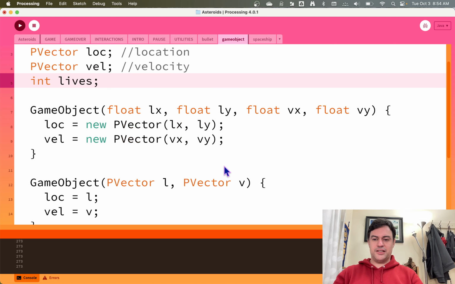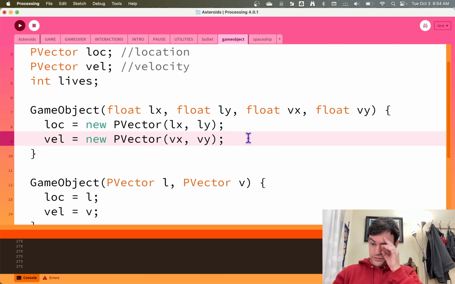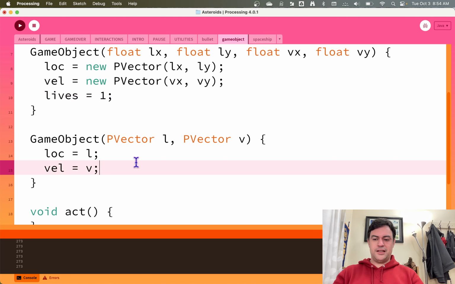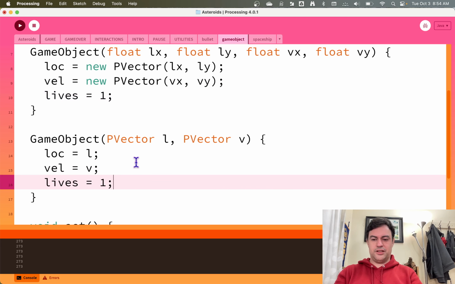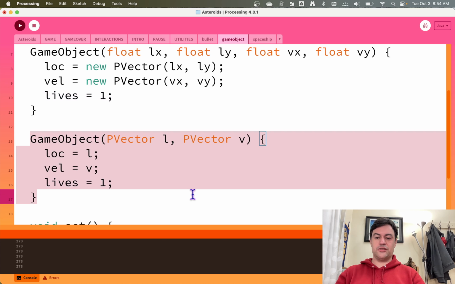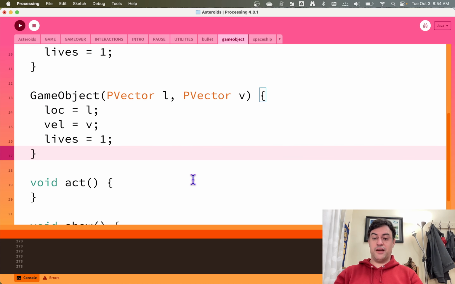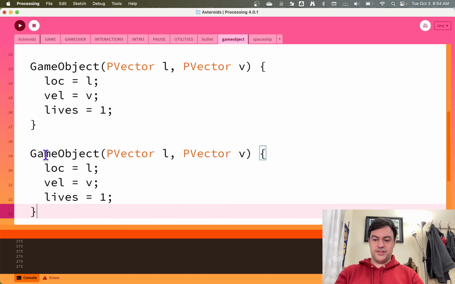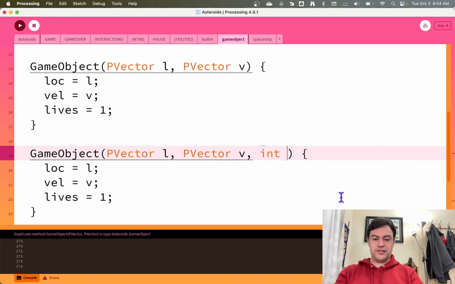That's my intention here. And how many lives does something have when they start? Oh, I don't know. I guess 1 is probably a good default value. But I might change that in other ones. We'll just set 1. We could even make a third constructor so we could set the number of lives. Might be a good call here. So, maybe I'll throw this in. I'll take an int